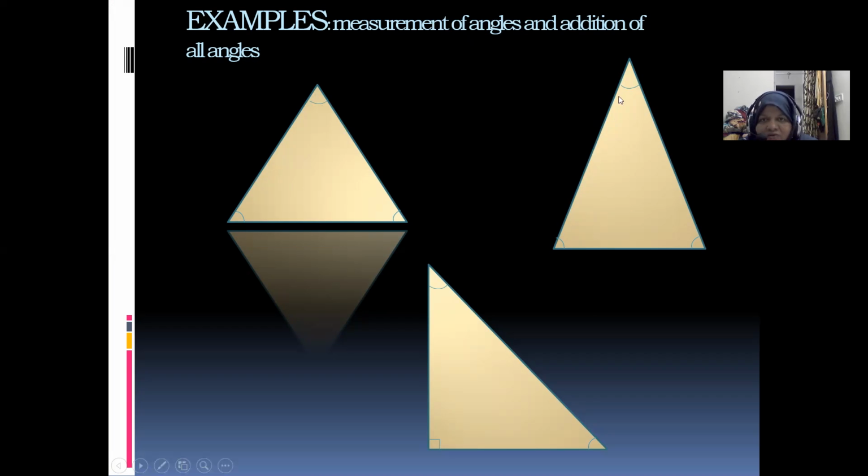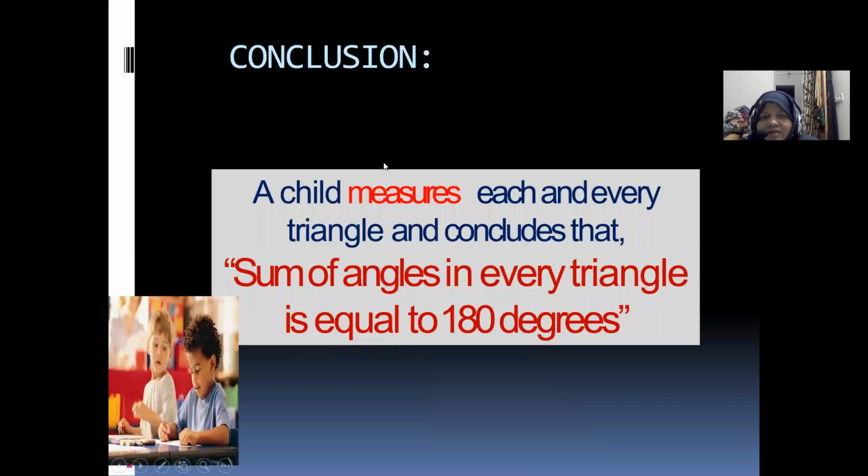The child measures each and every triangle and concludes that the sum of angles in every triangle is equal to 180 degrees. So from the examples, he derived the